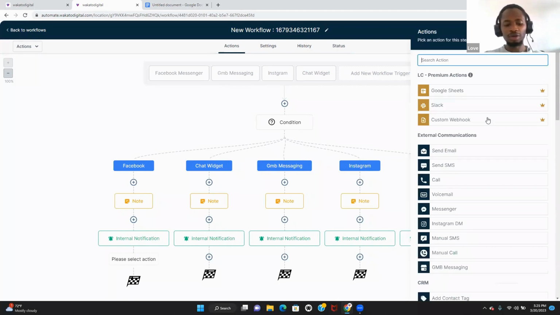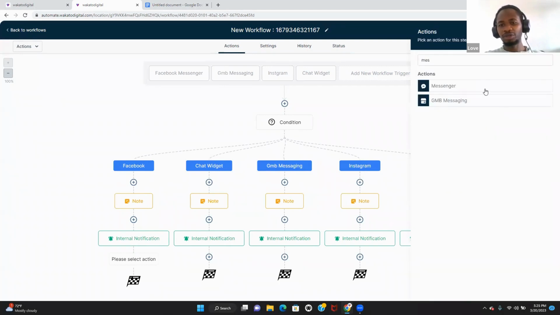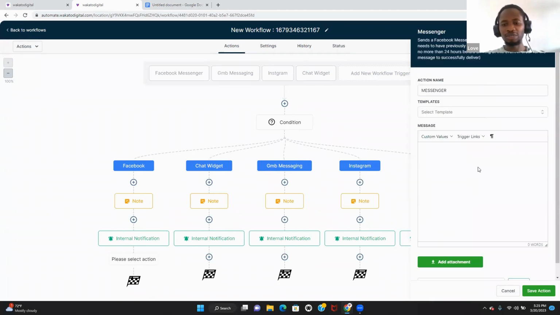So we're going to click here and we're going to have Messenger. And then this is the message that we're going to add. Hello, you have reached Love